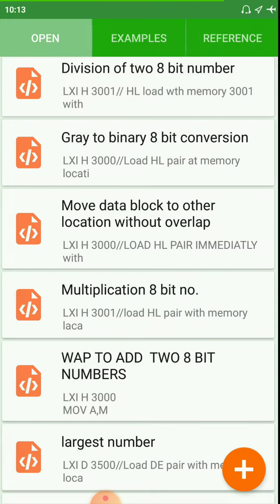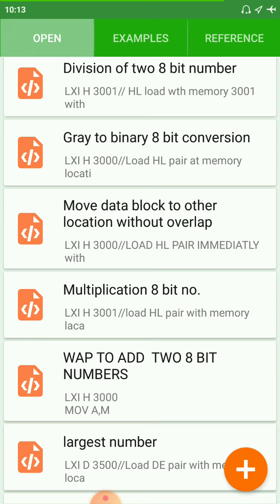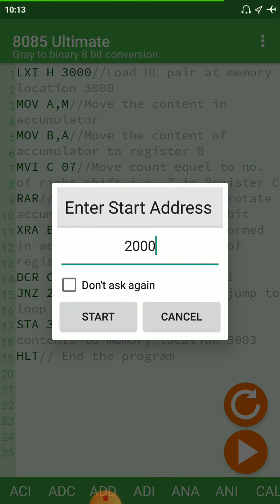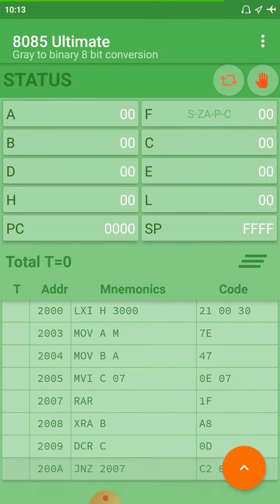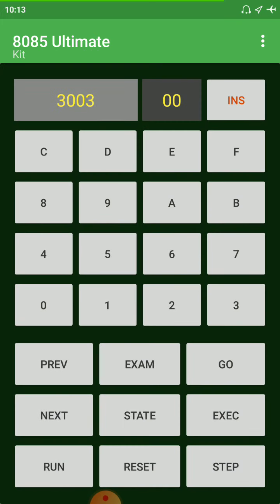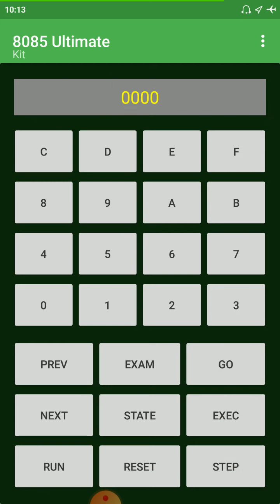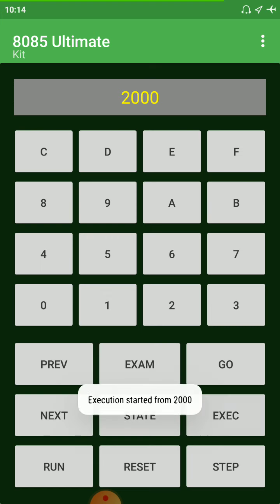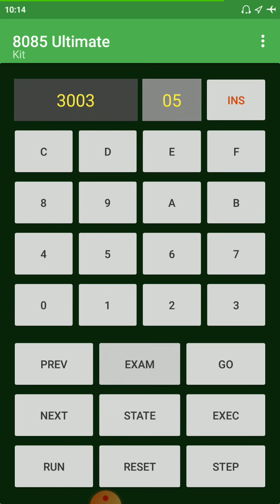We will take another example. So let us say this is your 5, go 2000, execute, examine.